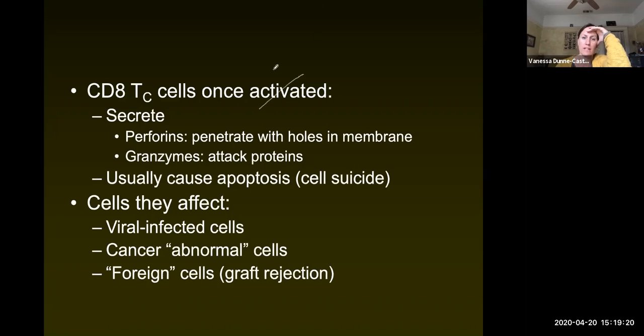Once they're not just activated, but become effector cells, they leave the lymph node and they migrate to injured tissue. All right, so at the injured tissue, they will then go and try to find a perfect match, right? So here they're going to look for infected